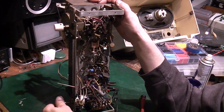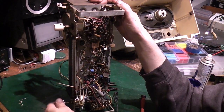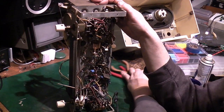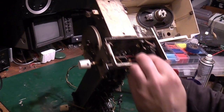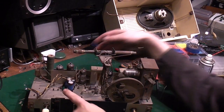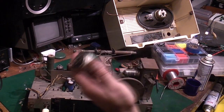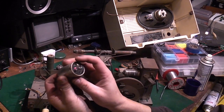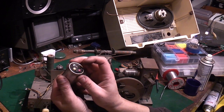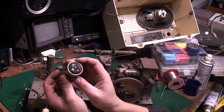Just keep working it a few times. Right. I think that's pretty much going to be it. I mean, the main thing was I was not happy with that smoothing can there. There was no way that was going to work for any prolonged period of time. And like I said, I really want this radio, so I can just plug it in the kitchen,